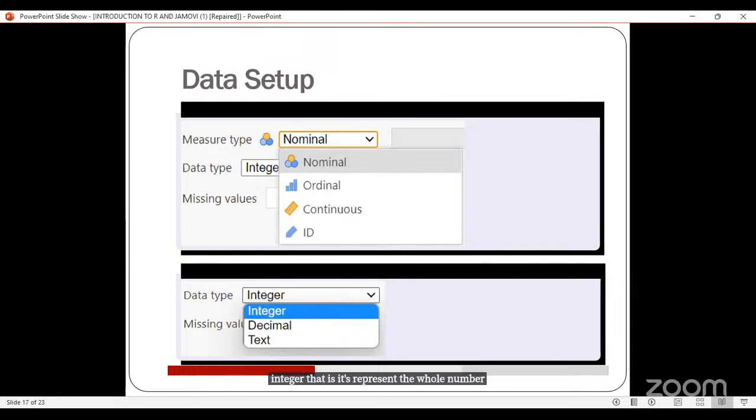A decimal, like floating point variables, floating point values. Then text shows the string data type. Okay, this is the way you can set the variable for your data type. So I'll demonstrate all the hands-on in the next session, how you can set all these things in this JAMOVI tool. Next